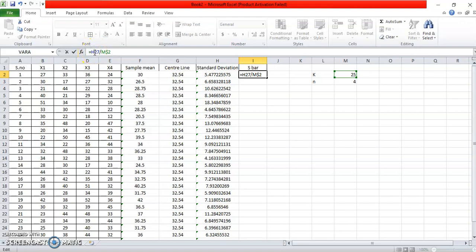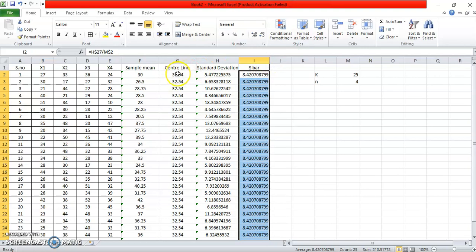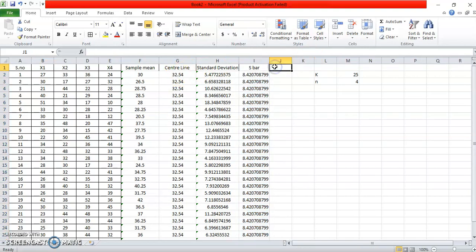So we'll be putting the $ sign so that we can anonymously get the values for all the data points here. Okay, now after finding out the S bar, we are going to talk about the control limits. As such, we have established the center line. Now we'll find the control limits, that is the upper control limit and lower control limit, right? And I hope you remember how we do that with the help of a formula.